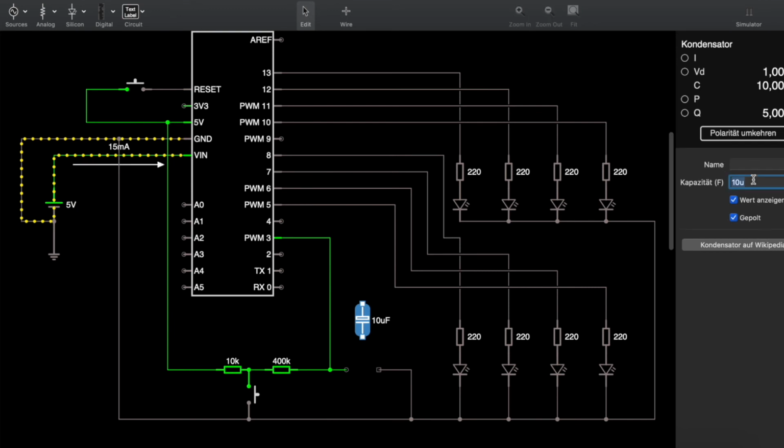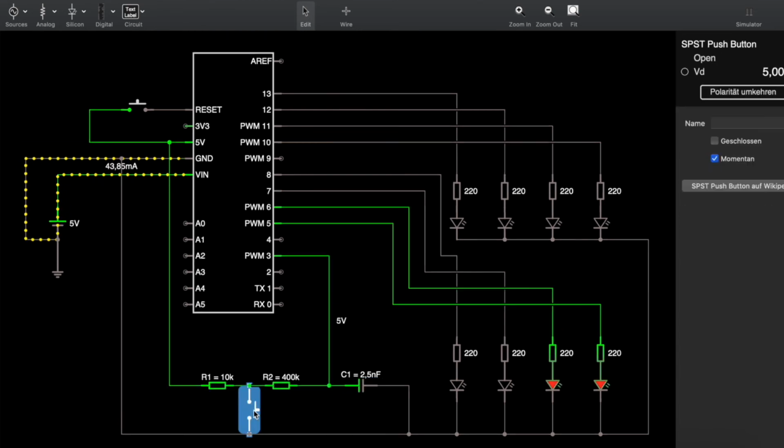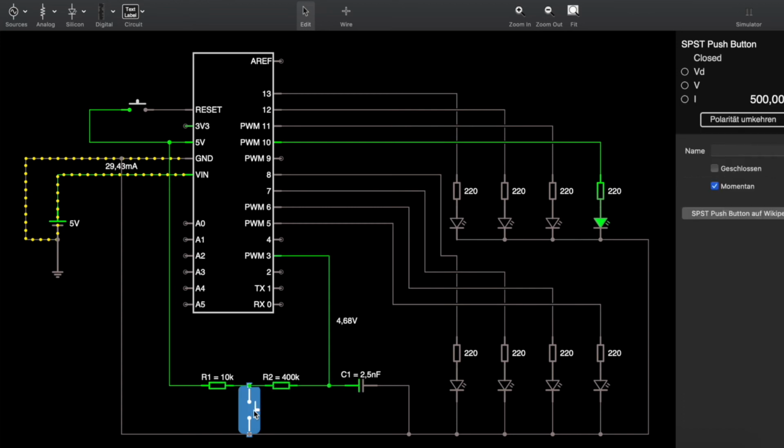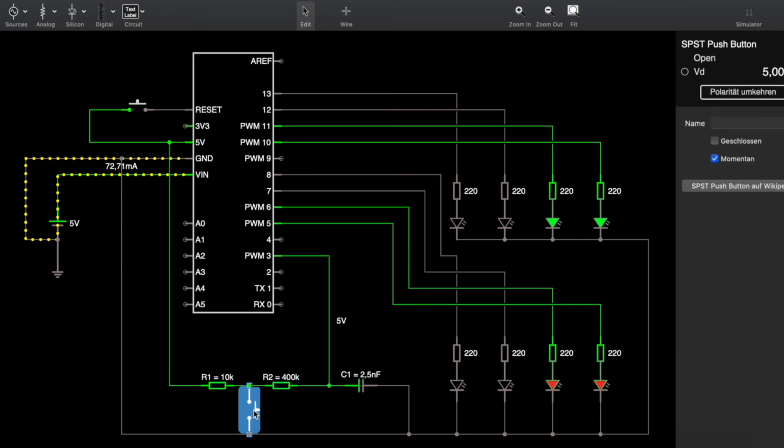And it's important to use the position between R2 and C1 to connect the pin, because if we chose the position between R1 and R2 instead, we would still see the button bounces just as before. This would be the raw button signal. So when we now press the button a few times, you can see that the circuit, at least in the simulation, works just fine. Which means it's time to try it in practice and take a look at the real